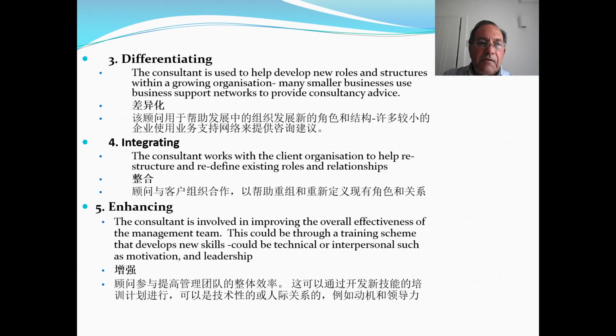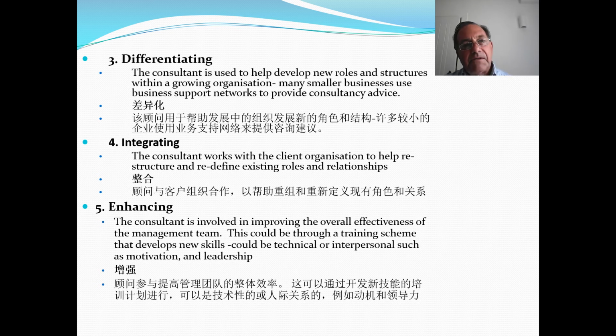The third role that Wickham refers to is a differentiating role, where the consultant is used to help develop new roles and structures within an organisation. So this tends to happen, or has happened in many cases, within small organisations who are looking to grow, and they bring in consultants to help them develop new roles and structures so that they're able to grow